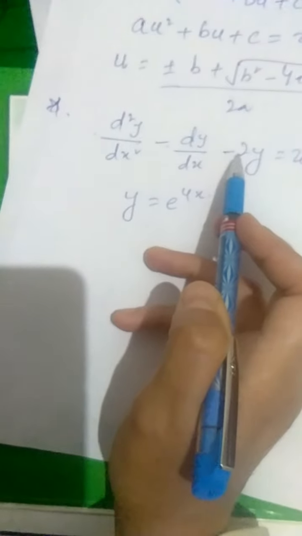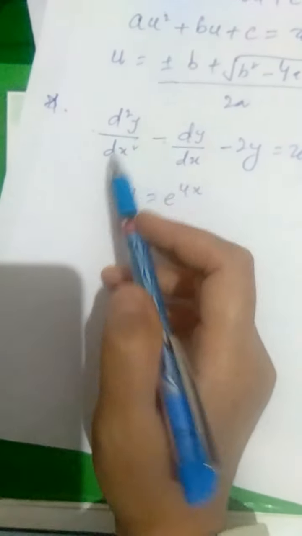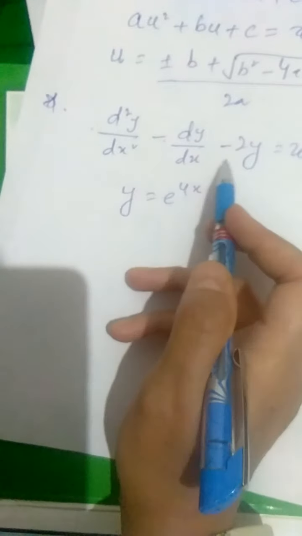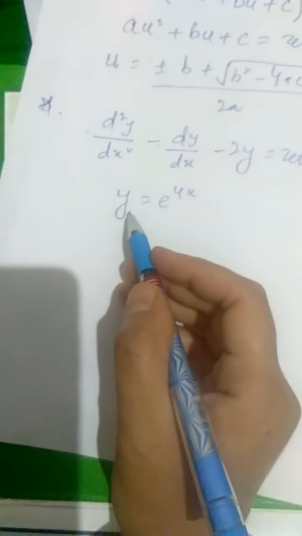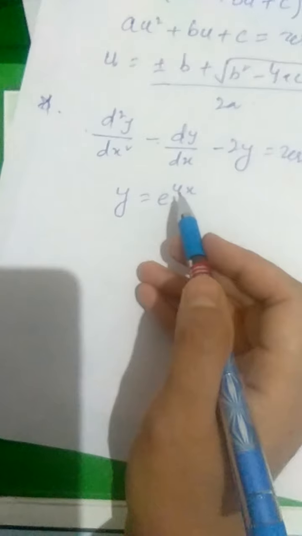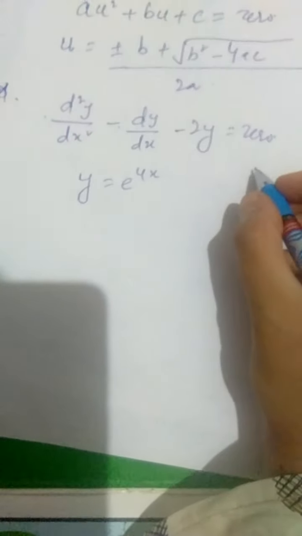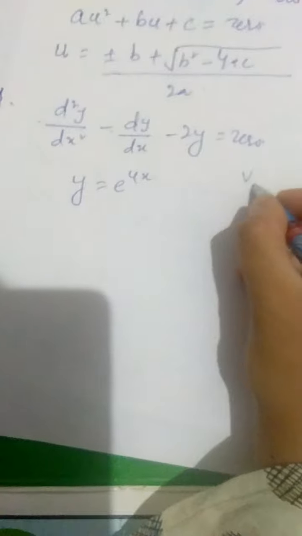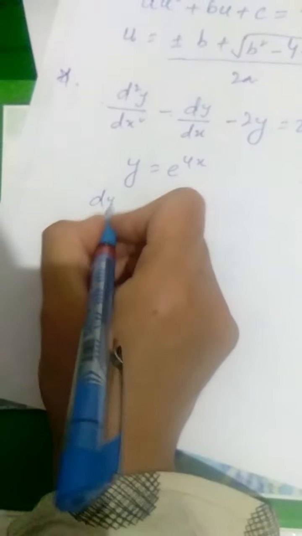Constant coefficients, and they are not functions of x or y. And it is a second order differential equation, so you can easily identify it with a second order homogeneous differential equation. The procedure is what we did before: you substitute y equal to e to the power ux, where again I'm telling you that this u is a variable. In many books you can find it written as v. So it is written as v or u, and it's a variable.